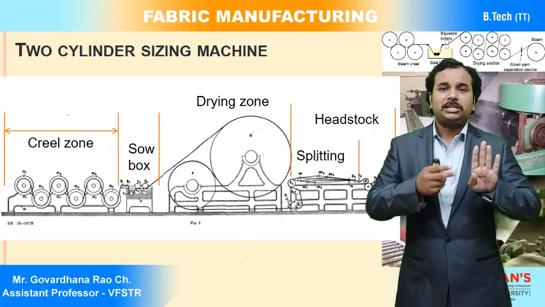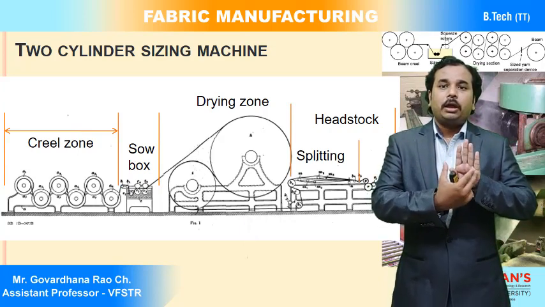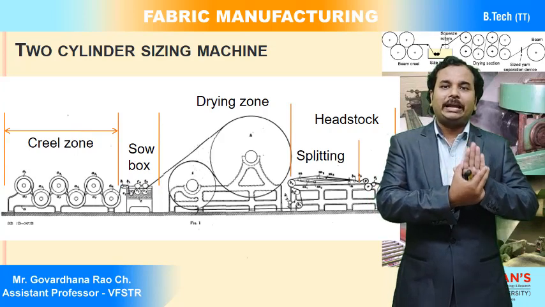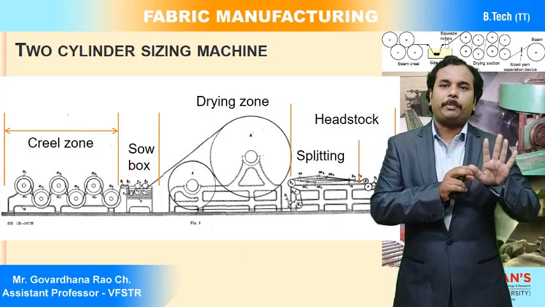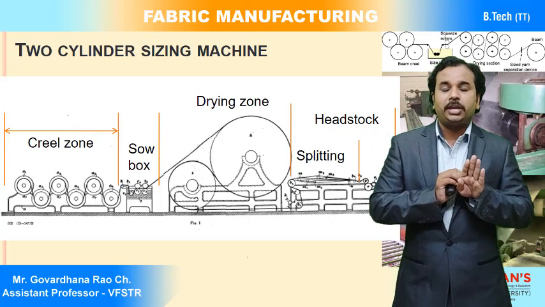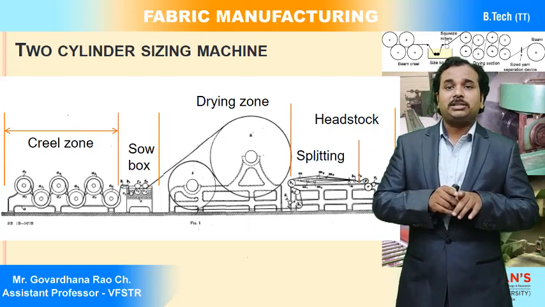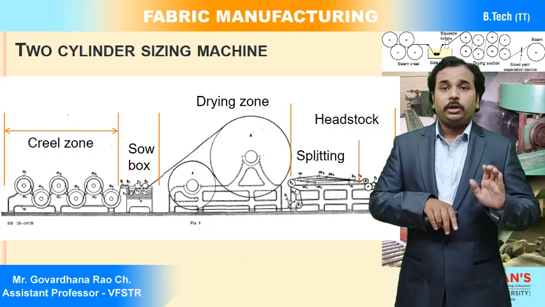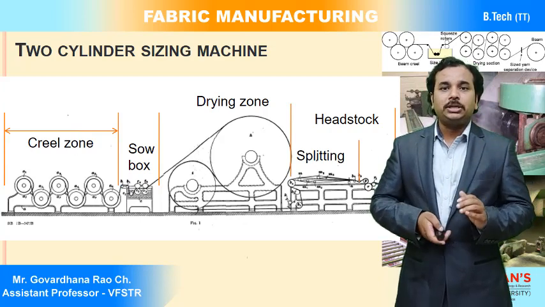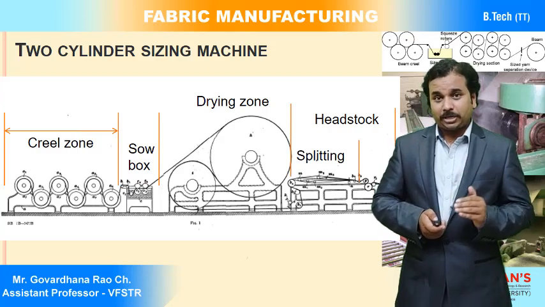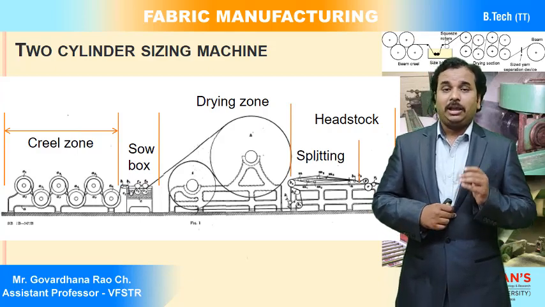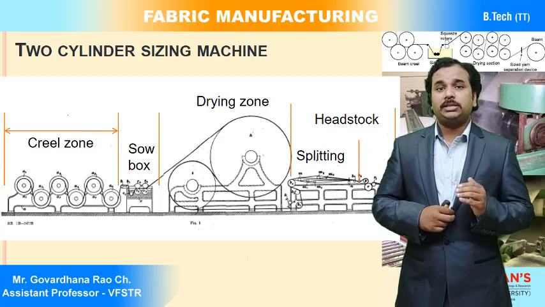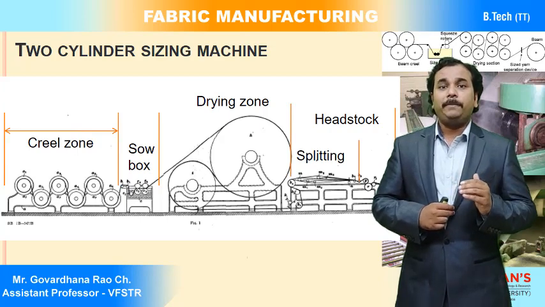So there may be chances of the warp ends sticking together after application of the size paste, so there may be stickiness of ends in the warp sheet. It should be divided using the splitting mechanism. By using the splitting rods, we are dividing or individualizing the warp ends in the splitting